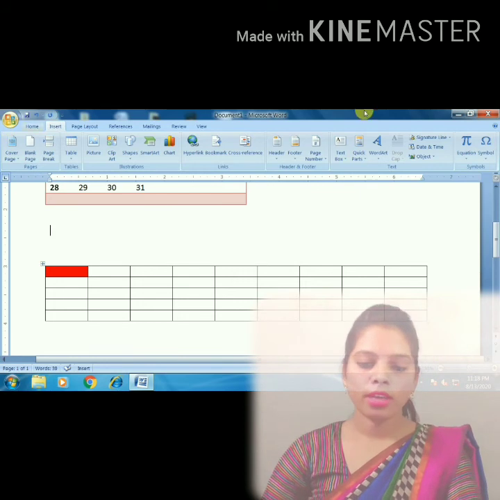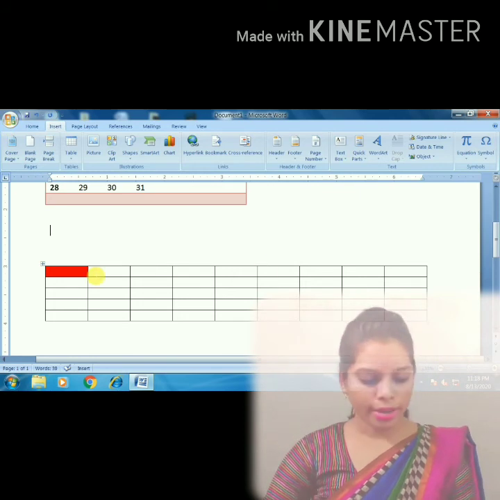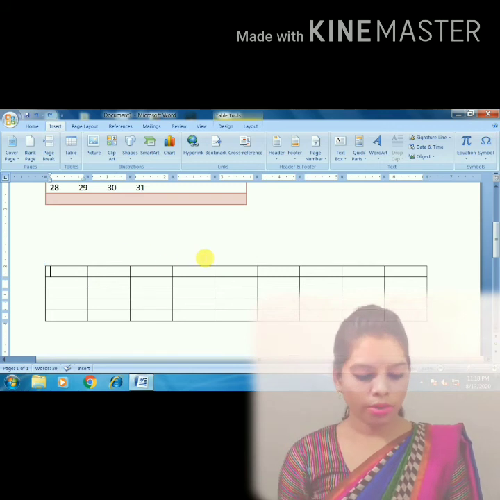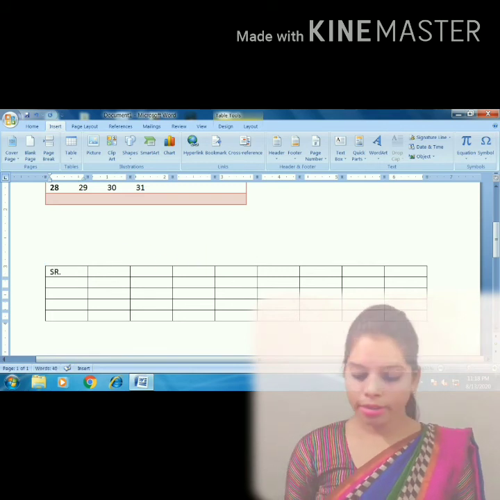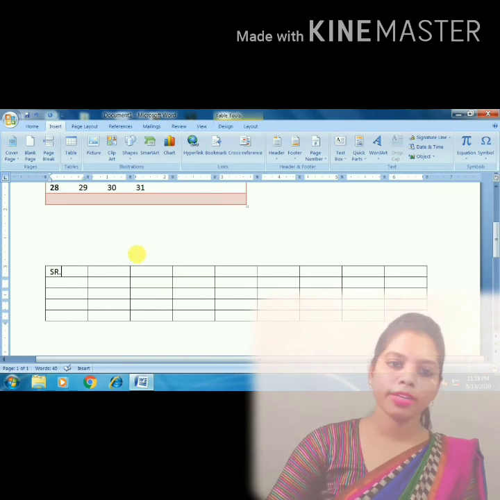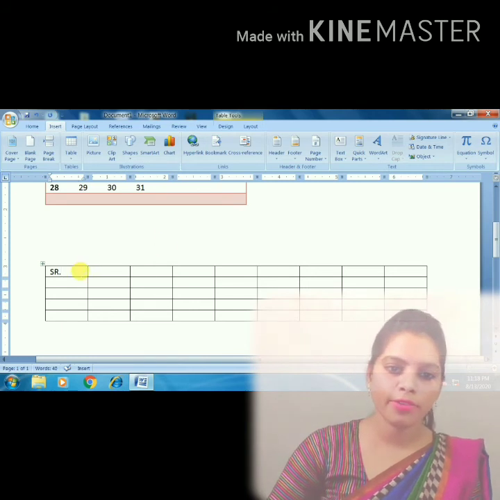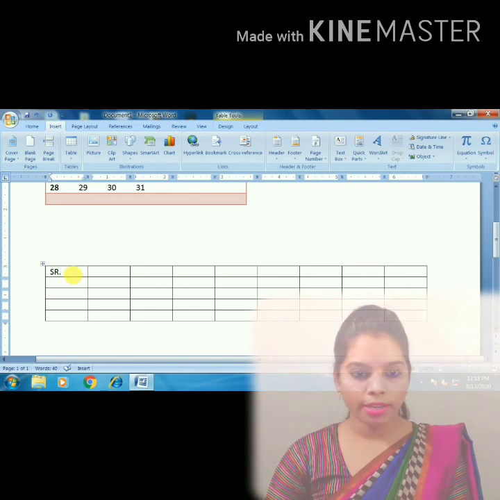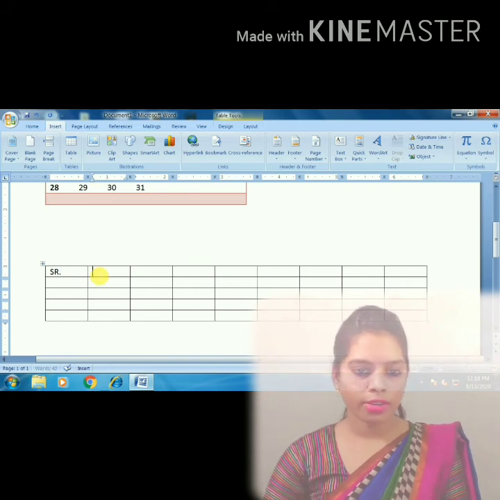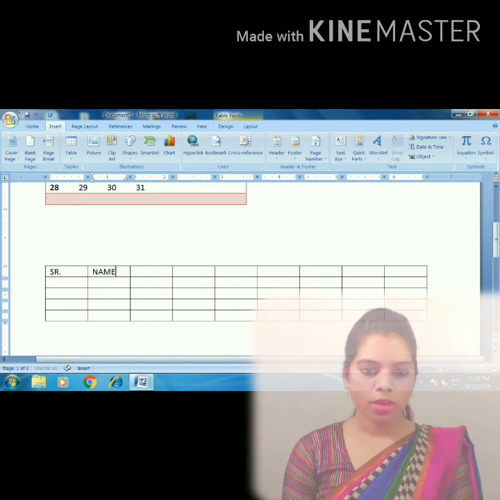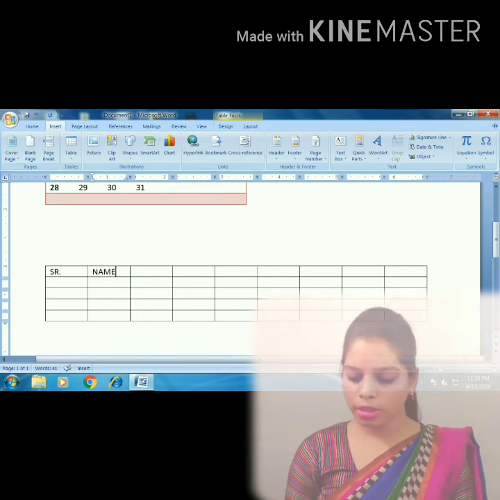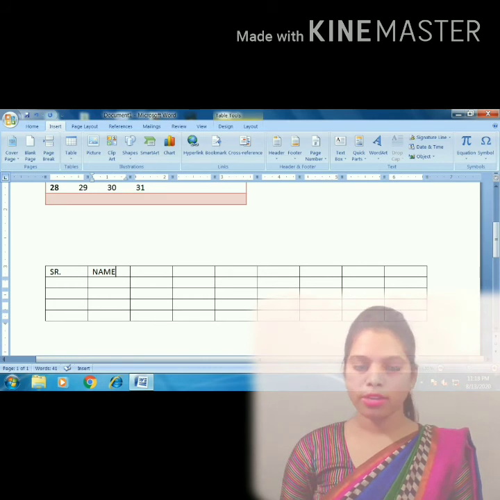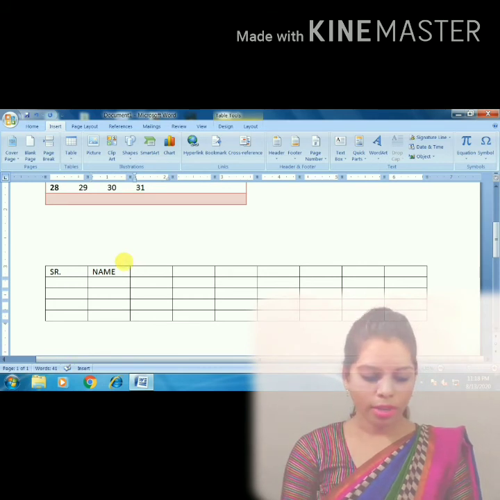Now let's see how we can add the data into the cell. So click over here, enter the data. See, we can enter the data very easily by clicking any cell where we want to insert it. So for that, click on the first cell and type the data. After then, click on the next cell. See, we can use the arrow keys also for shifting to another cell. So click over here.